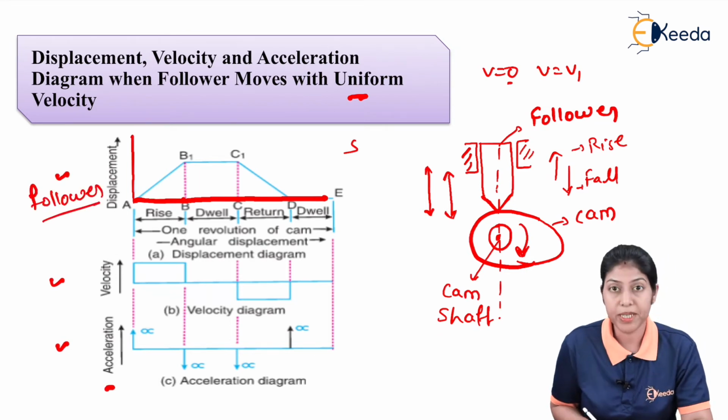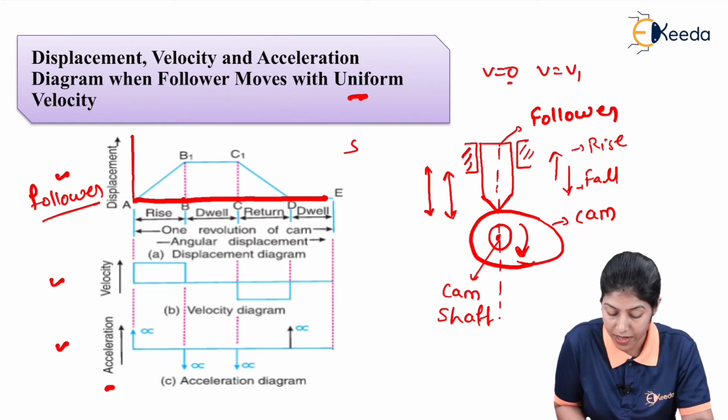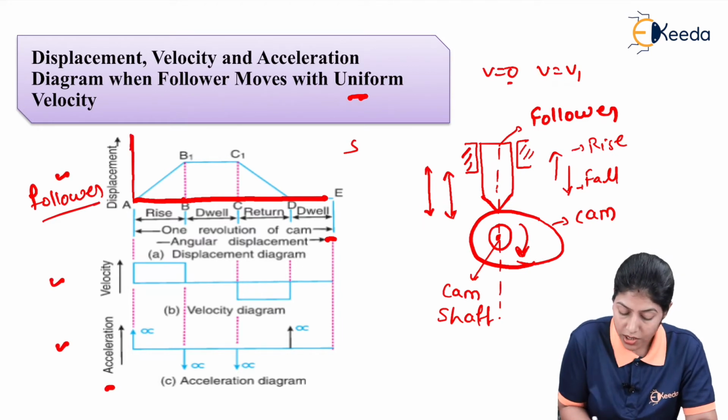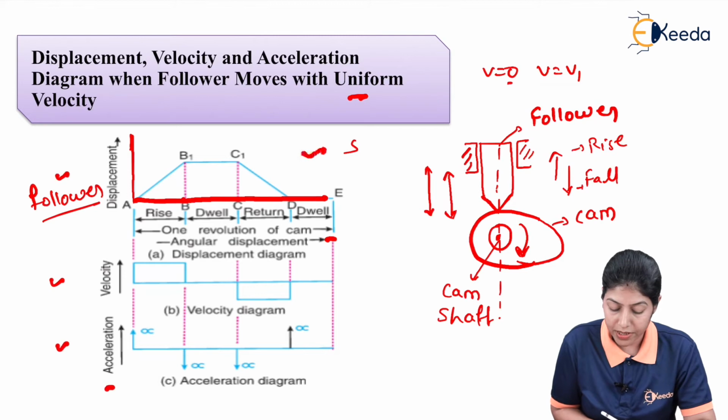This will not be displacement of cam, because displacement we can define for cam as the angular displacement. So at horizontal side we will define the displacement of cam, and the straight line displacement of the follower we will define over this vertical line. So this particular diagram is representing the displacement diagram of the follower.